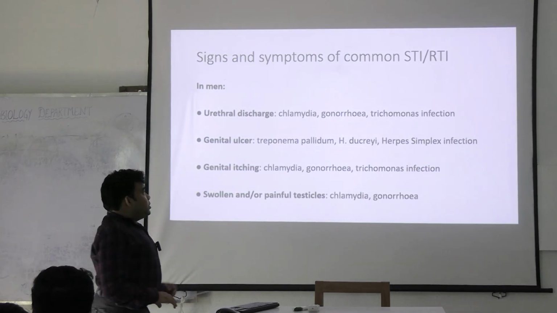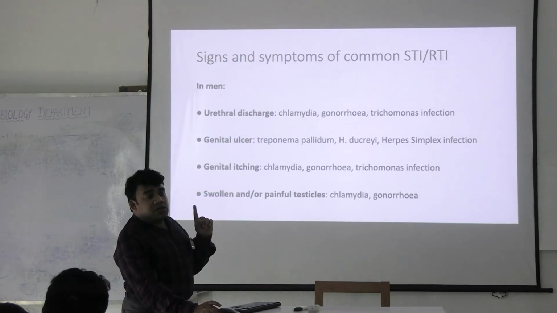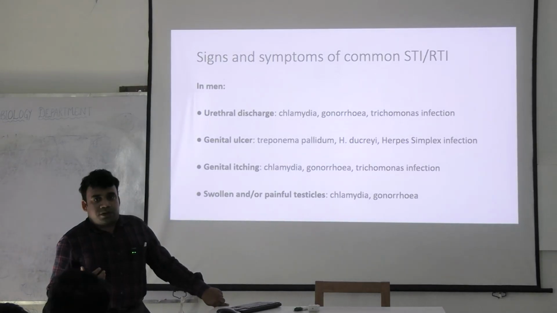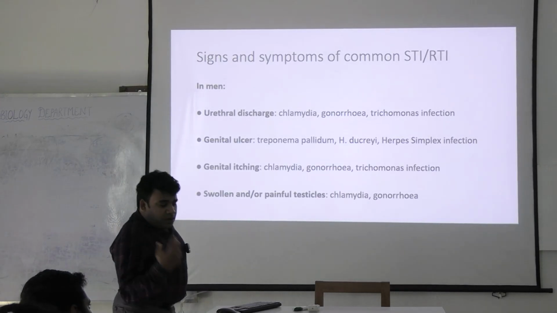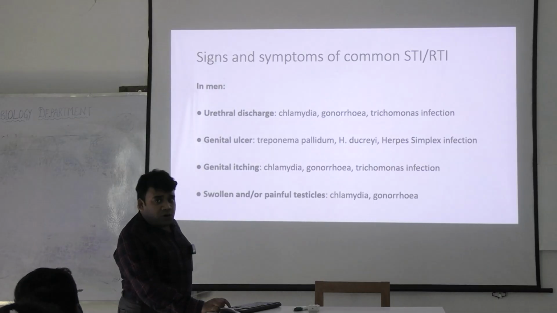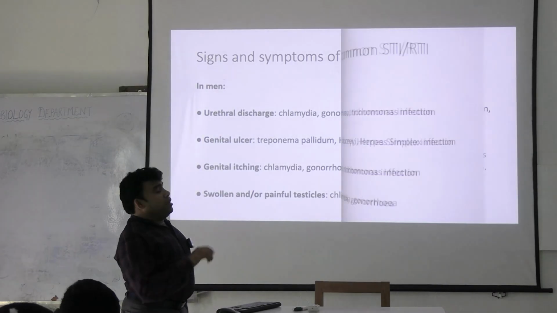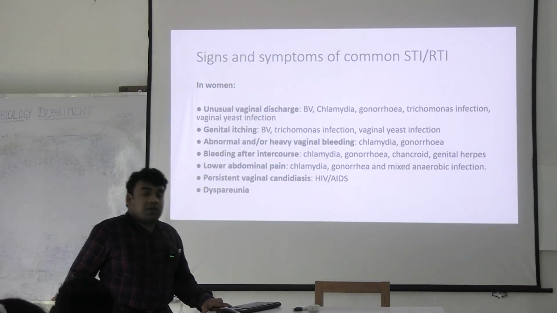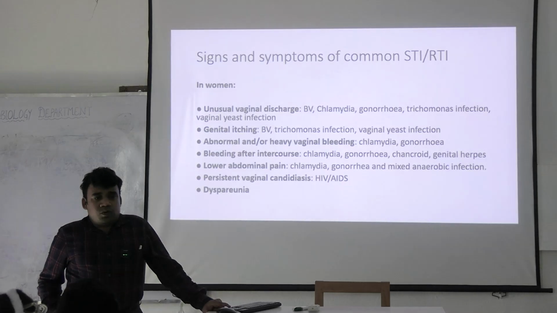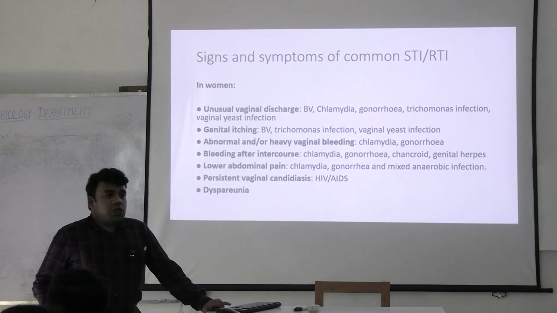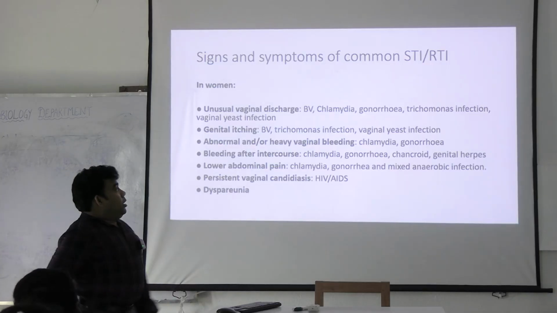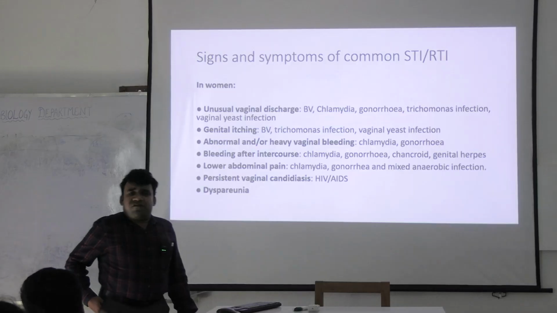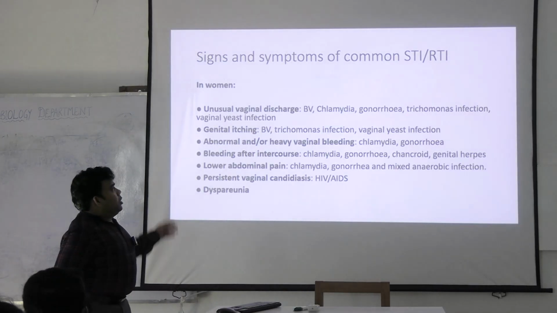The common generalized symptoms that have been divided are: number one is urethral discharge. The patient complains of a discharge per urethra, or presence of an ulcer on the genitals, which may or may not include itching, pain in the groin or the testis, or swelling in the regional lymph node or the inguinal lymph node, which is also called inguinal buboes. Buboes means swelling.